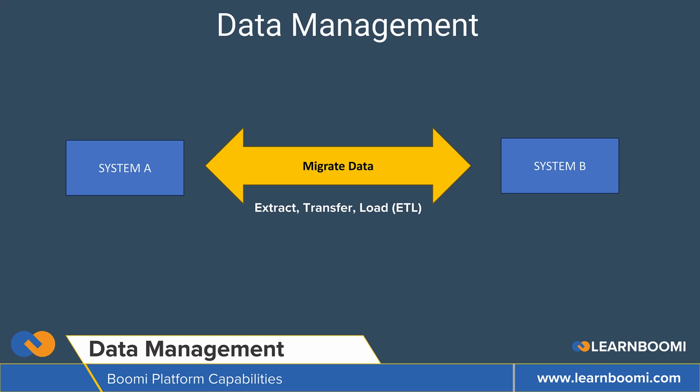So in summary, the arrow in the slide represents the full ETL process: extract, transform, and load, used to migrate data from system A to system B. So to summarize, data migration moves data from old systems to new ones. ETL ensures the data is clean, transformed, and ready to load. Boomi provides connectors, transformers, and automation to make migration easier and faster. Boomi also handles everything like extraction, cleansing, transformation, loading, and error recovery as well. So Boomi becomes basically a central tool that helps organizations move large volumes of data reliably, accurately, and with full